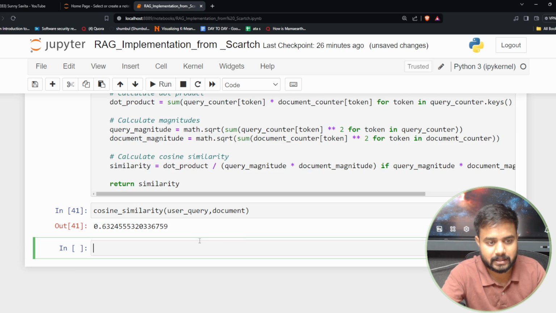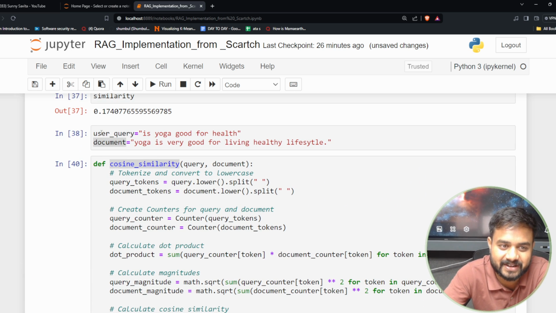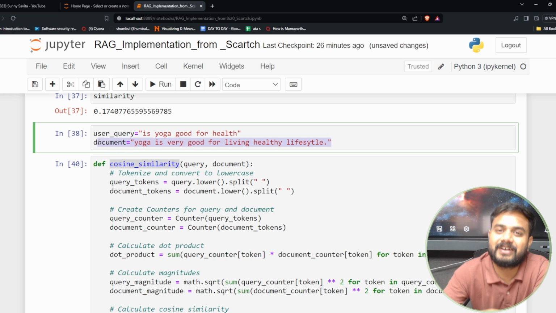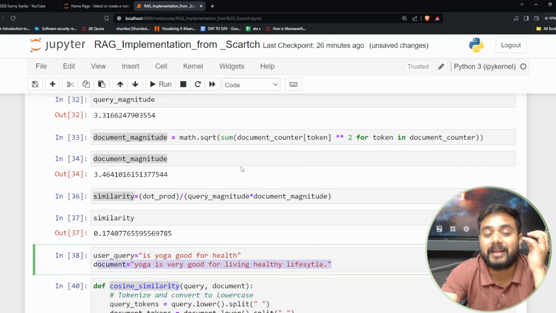Now see guys, I created the formula, right? So 0.6, this is the cosine similarity between this particular query and this document. So by ourselves only, manually, we have created this cosine similarity formula. Now guys, see,